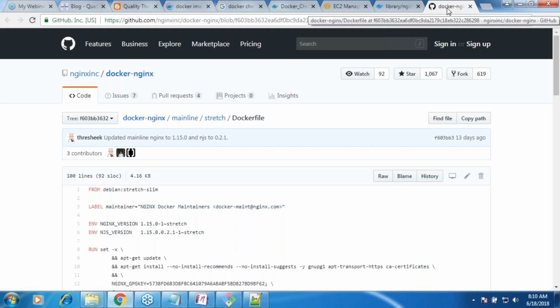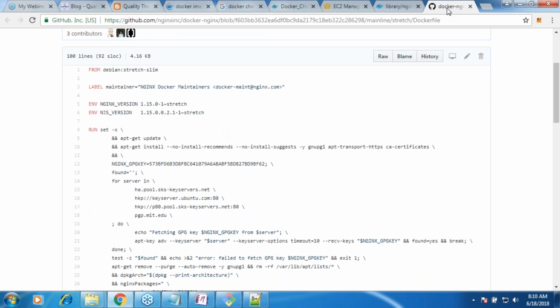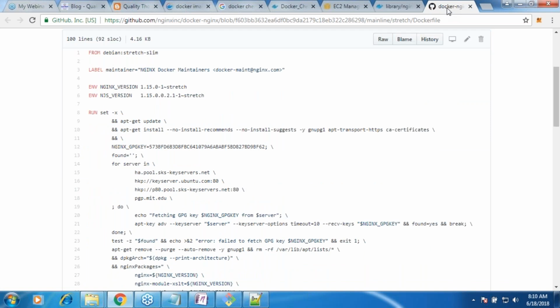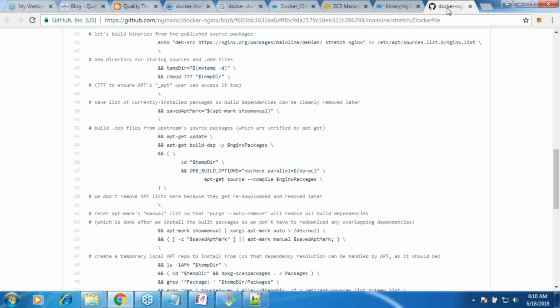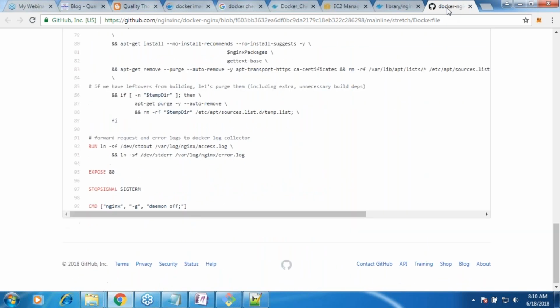The best part is you go to any application, you will be using similar instructions. There is something called env, and there are run statements, and run statements are huge. That is because to bring up this application, it takes a huge number of steps. That's what he has done. So it might look huge, it might look many. There are a lot of steps. Forget about all of that. But run is where you basically write the basic steps to get your application up and running. That is what a run is.